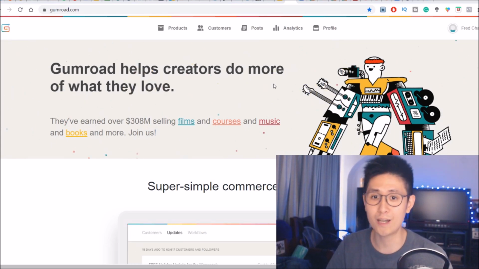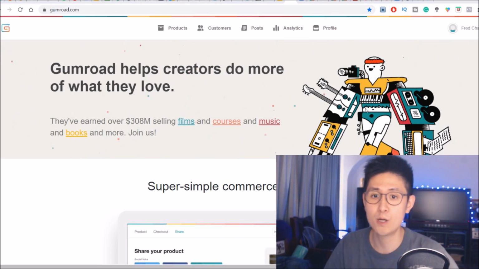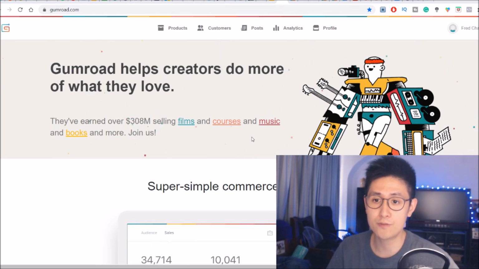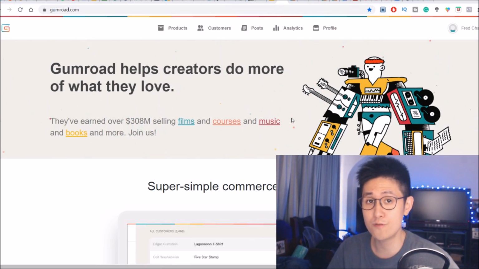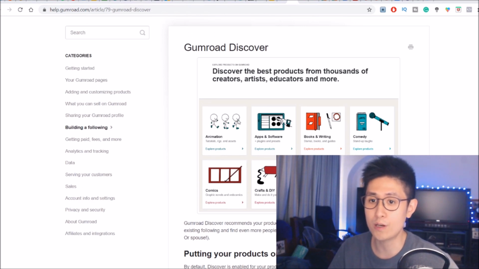And so soon, I'll show you some assets and files you can either download for free with the rights to resell them, or easily create on your own. But before we move on to that, let's first quickly check out some of Gumroad's awesome features that sets it apart from other platforms. And the first of these is Gumroad's Discover page, which is basically its very own marketplace,